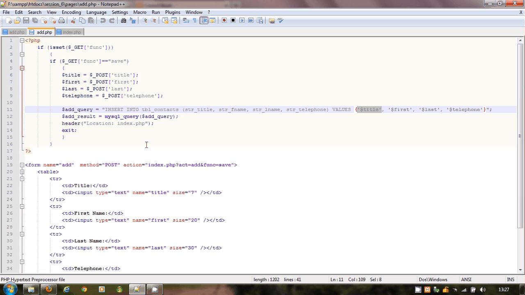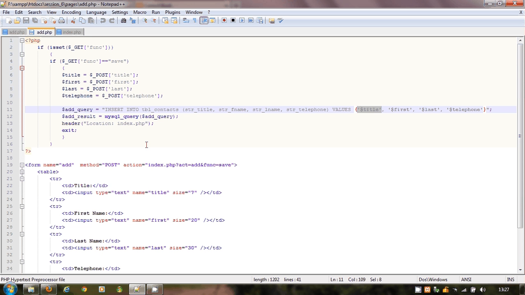That is actually simply a string. It's not a query at the moment. It looks like a query, but actually all it is the same as saying my name is Duckling. It's a string of letters, numbers, whatever else. It's simply a string, and we're going to assign that to a variable called add query. It's here that it actually becomes a SQL command. It's here it actually gets executed, and this is saying MySQL